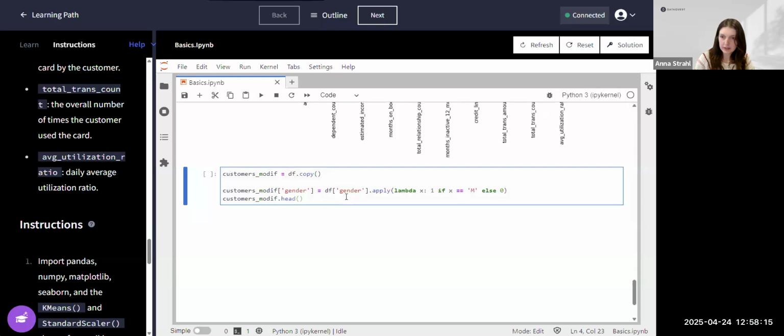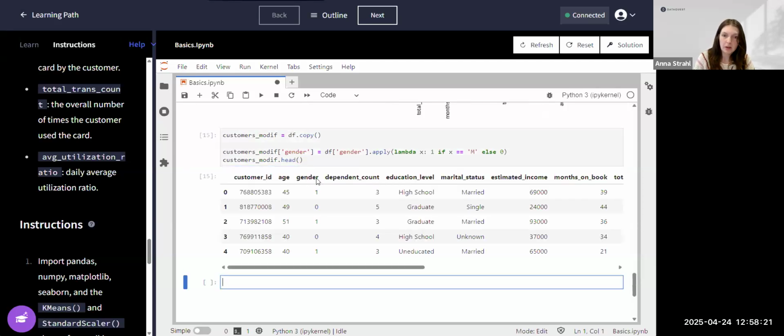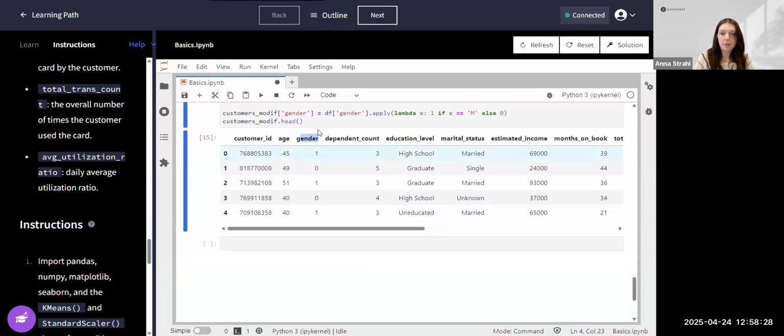And I like to visualize things as I go, just to make sure it's all working as expected. So when we run this cell, now we see that gender is 1s and 0s exclusively. So, all right, 1 categorical variable down, 2 more to go. The next one we're going to handle is